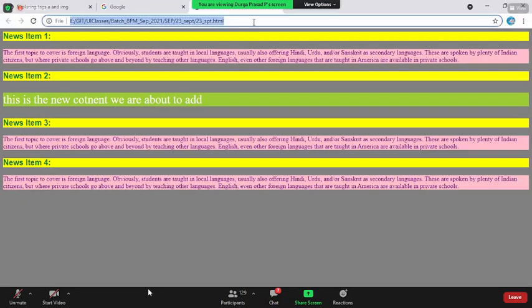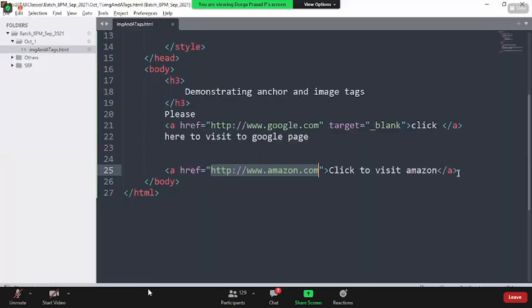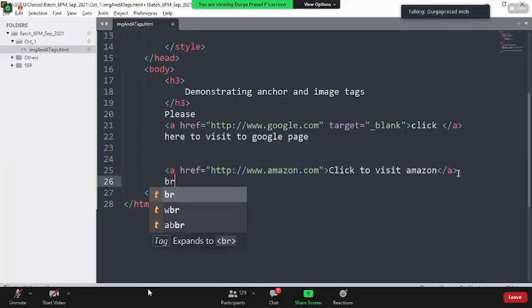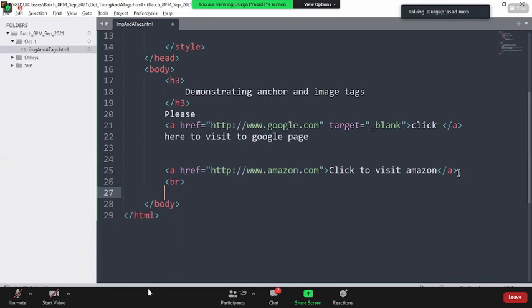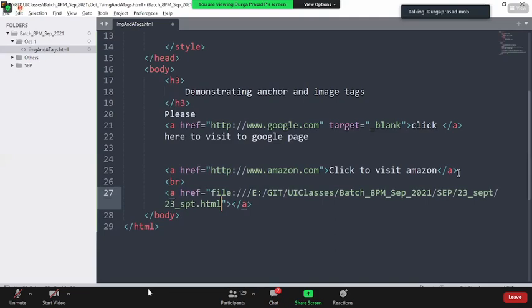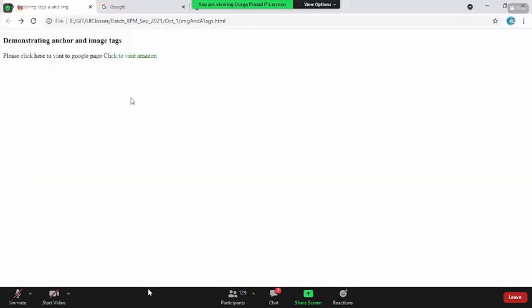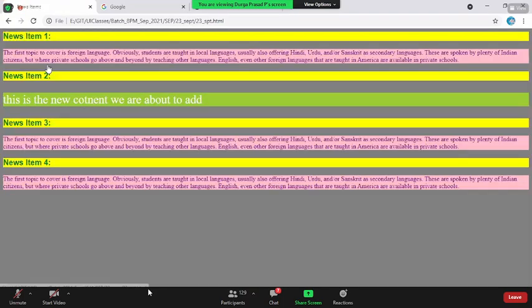Say, for example, yesterday we were working on the 23rd page, this is the link we have created. Now, I would like to create a link over here. Let me add a paragraph tag, and an anchor tag with href equal to this, and I say, click to visit our page. Now if I come back and reload the page, when I click our page, see here, is it not redirecting to our web page?